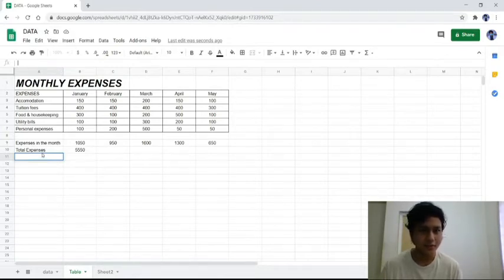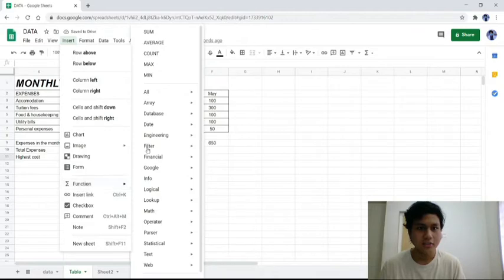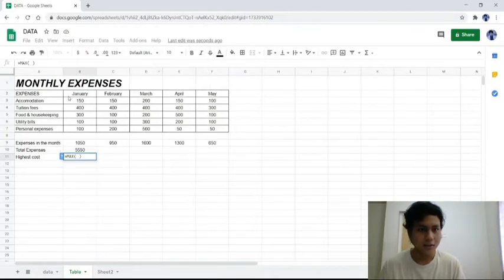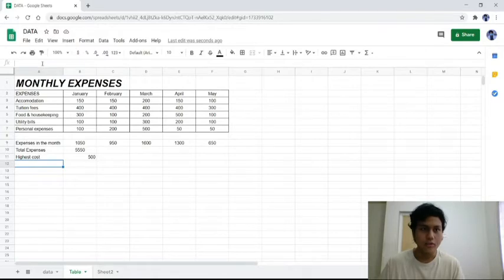So we can also get the highest value in the month, like out of all the months, what is the highest value. So let's say highest cost, highest expense, highest cost. Then we click on insert functions max, and then we just select all of these, enter. So the highest cost we've ever spent was 500,